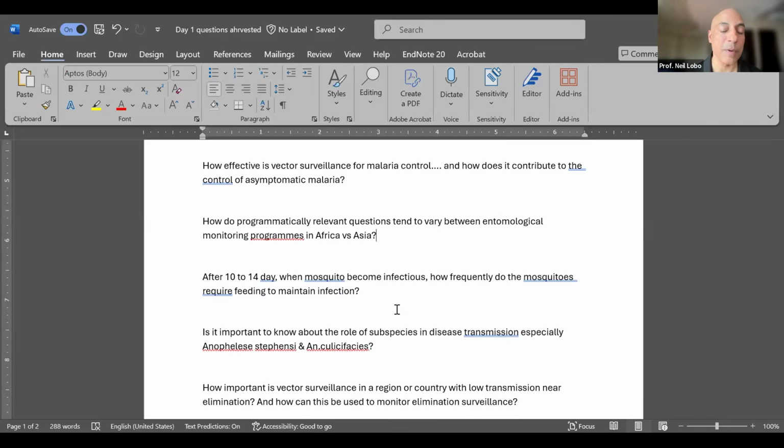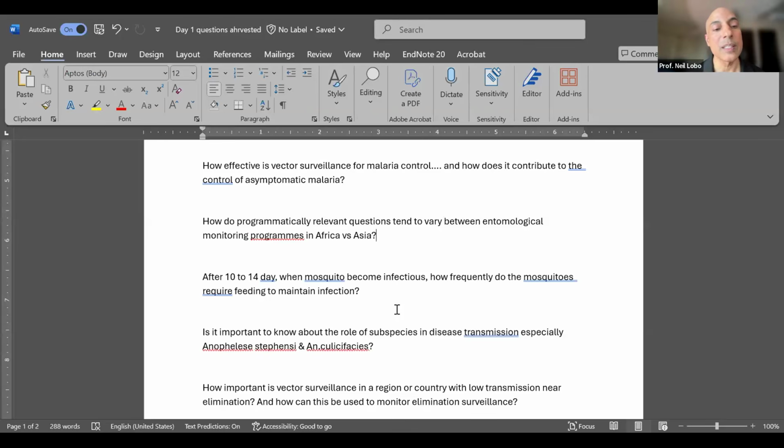For example, if you have global funding, it's all based on WHO recommendations. So a lot of questions are focused on bed nets and IRS and changes in the transmission system once bed nets and IRS are implemented. That's if they ask a question. A lot of programs just implement entomological surveillance without asking questions. So in Asia, in Africa, a lot of it is based on bed nets because that's a very primary question I see.